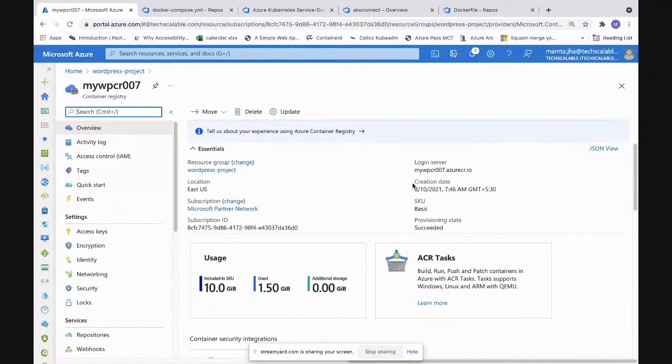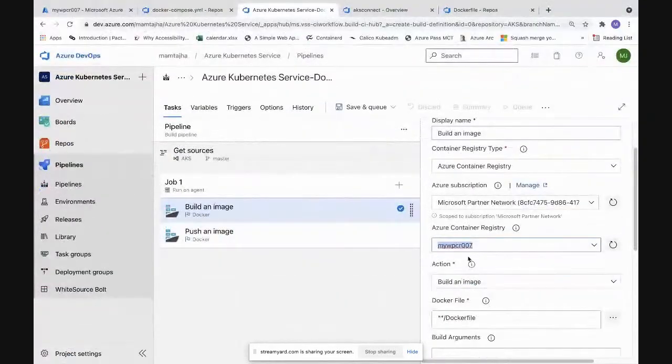We would not be hard coding those. Few things are sensitive. A DB password is sensitive, right? We can save that in a variable and then encrypt it as well. So we will see those things. This is my Azure Container Registry, which we had chosen in the drop-down. So you can write multiple tasks here.